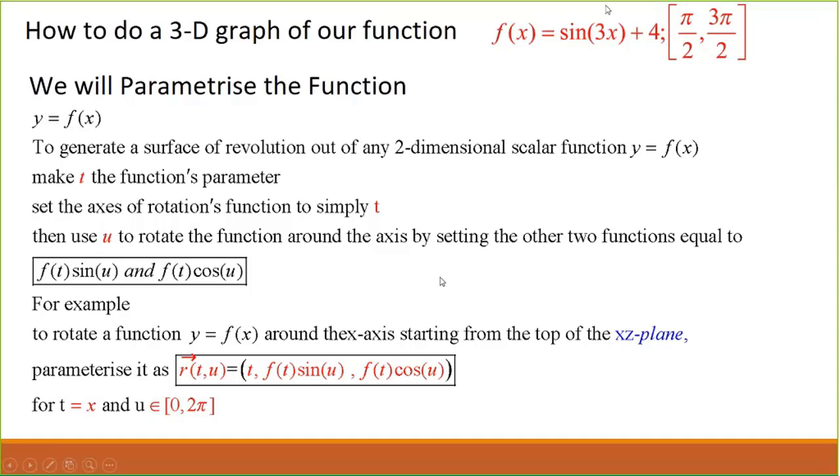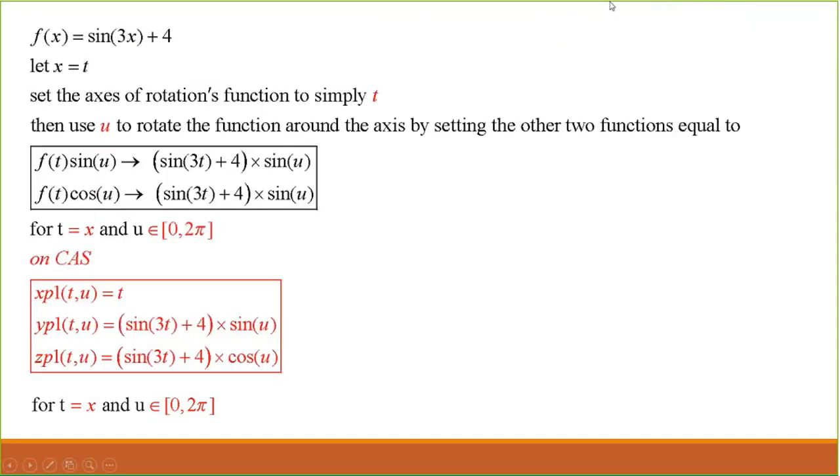And the next screen will explain what really is going on there. So I've got this function sine of 3x plus 4. So we are saying let x equals t. And that will actually, on your CAS screen, go over there. Now, just to quickly show you what I've done there, if I go into my calculator,